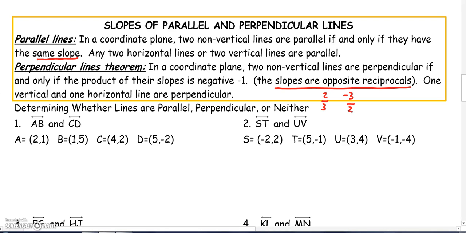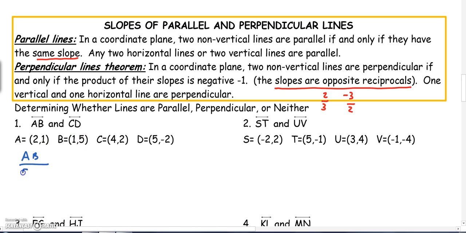So let's determine from the given points if they are parallel, perpendicular, or neither. Number 1, we're going to figure out if AB and CD are parallel lines. So we're going to look at the slope of each line. So AB,